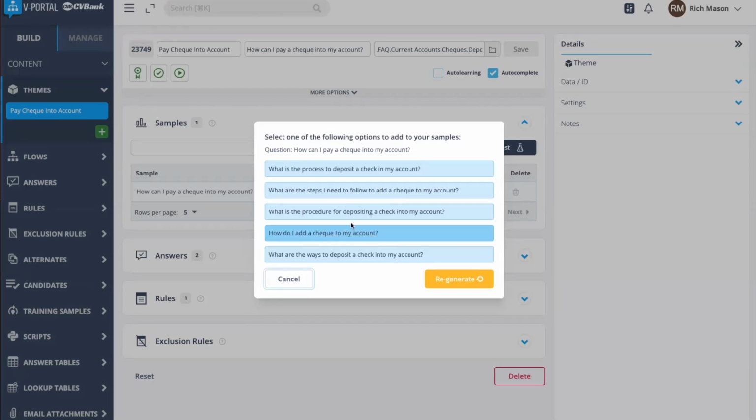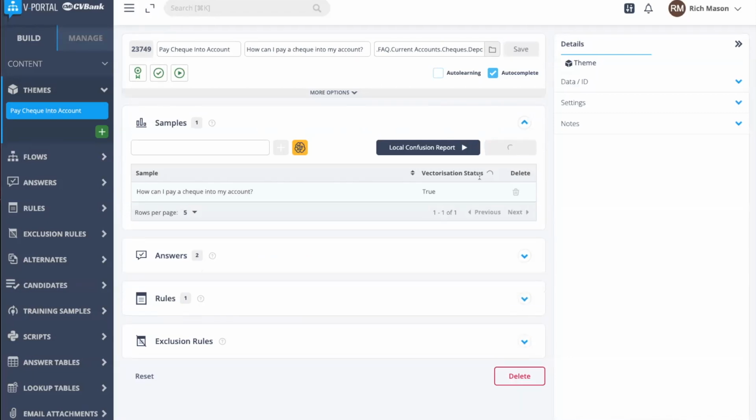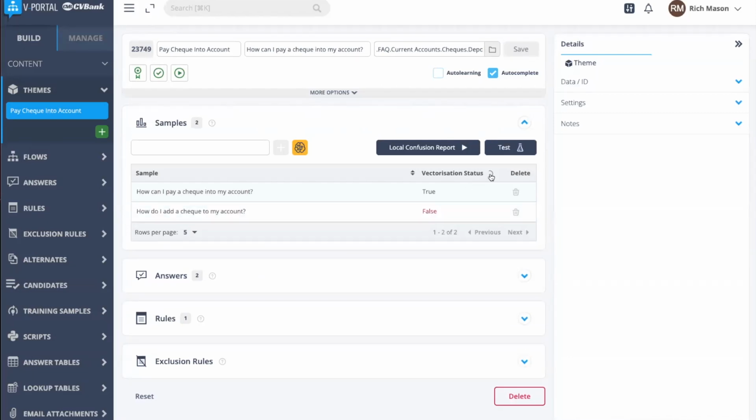And here we go. I think this one actually is pretty good. So I'll add that to the samples. And that's also been vectorized. Now, the reason we suggest having two samples is because of the proprietary